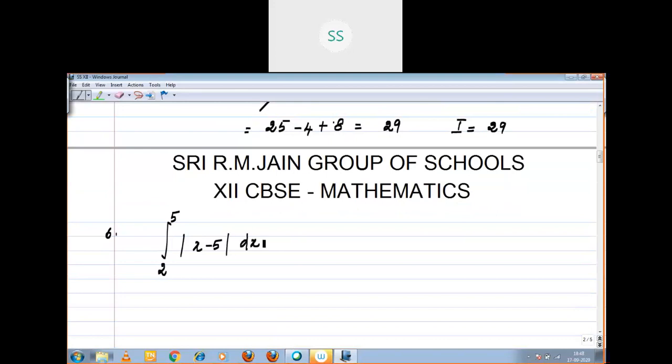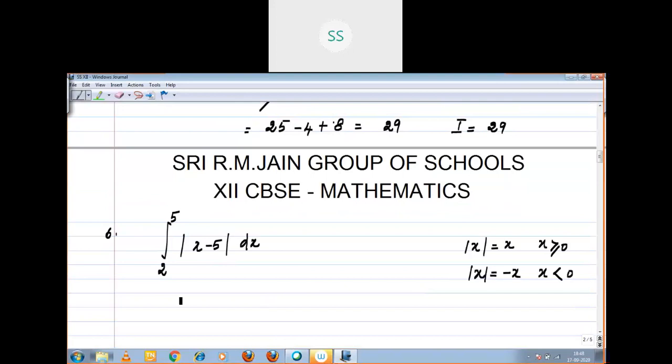Question number 6. Here also the same, what I discussed in the previous sum. Integral 2 to 5 modulus x minus 5 into dx. The same, I'm going to repeat. You have to listen. The given integrand is an absolute function. So we define the absolute function as